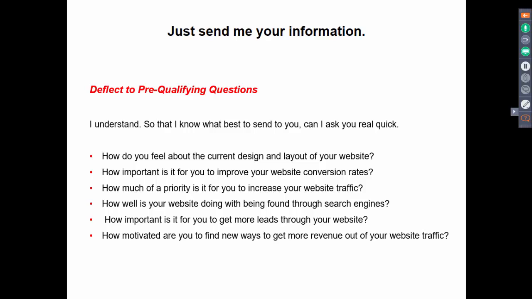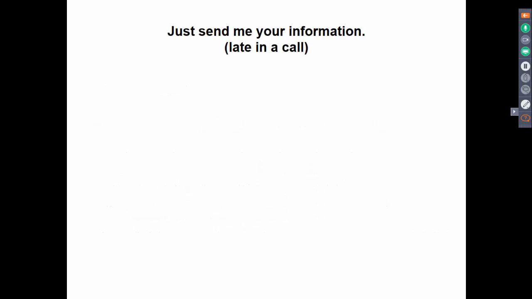meeting. And actually there is a typo here. Instead of "I understand," it should say "I can certainly do that." So it should say, "I can certainly do that, so that I know exactly what best to send you. Can I ask you real quick?" Now you could get "just send me some information" at another point in the call, which is late in the